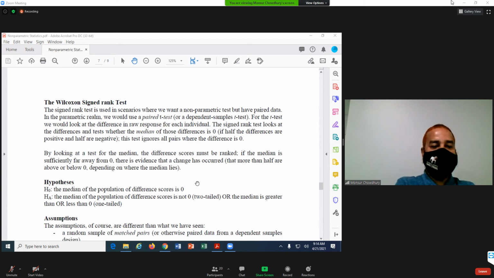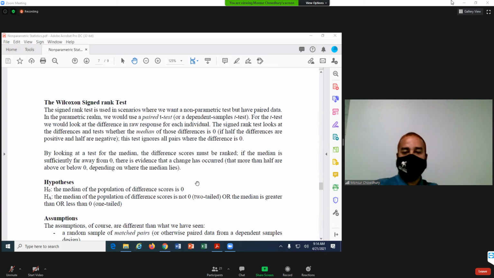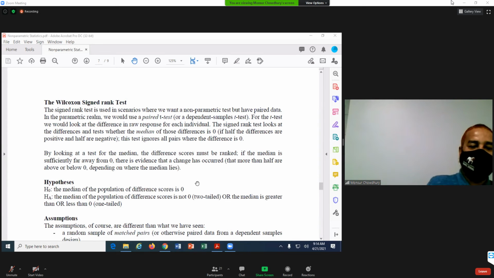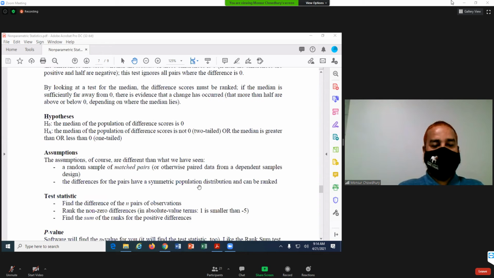Now the null hypothesis is always that the median of the population of differences is 0. The alternative can be that the median of the population of differences is not equal to 0, or the median is greater than or less than 0. Now what are the assumptions here? We have a random sample of matched pairs, and the differences for the pairs have a symmetric population distribution